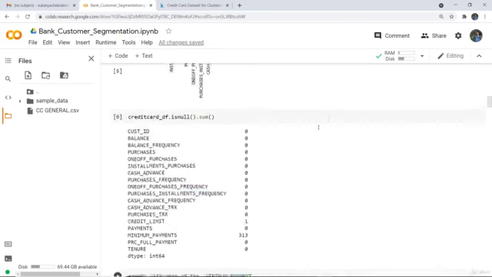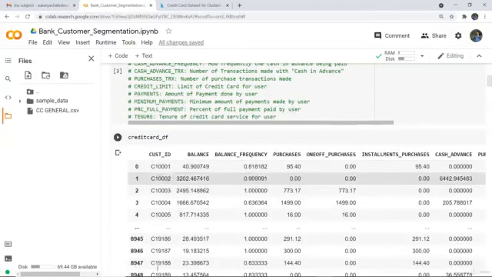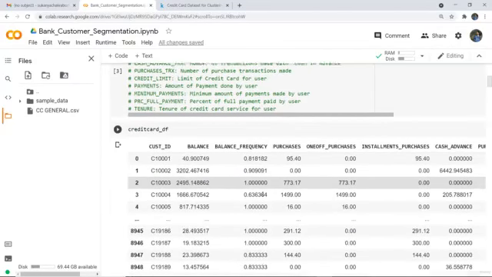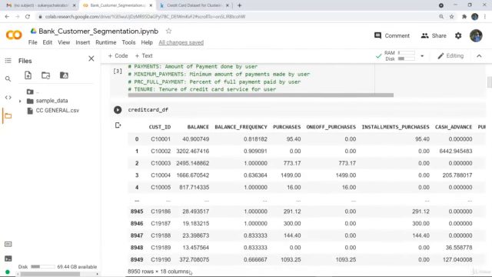the data frame. So earlier here you can see in the customer ID column, these are the letters, the initials of the customer ID, so we need to remove this. And in the size also we have seen that there are 18 columns, which denote that there are 18 features. So now if I drop this particular column, there will be 17 features. This is the thing we know.